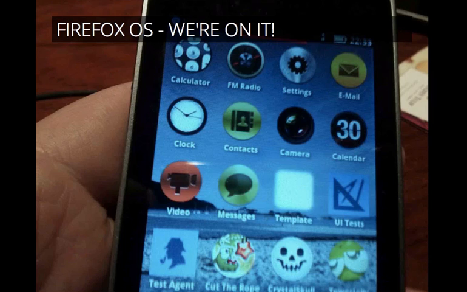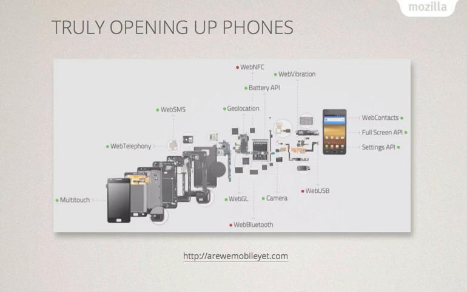And what Firefox OS is, we liberated the hardware. We give you full access to the hardware from JavaScript. So we looked at all the things that are in a phone nowadays: telephony, multi-touch, SMS, geolocation, battery API, web vibration, which used to be called a vibrator API, but there were so many stupid jokes about this, so we stopped calling it that. Contacts, full screen, settings API. So all of these things are available as JavaScript APIs,